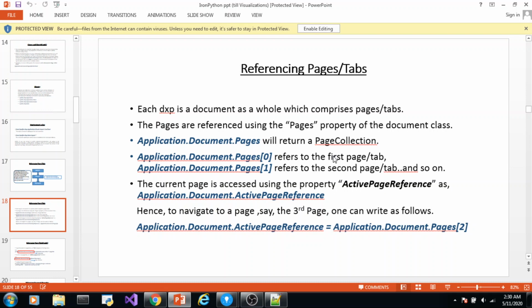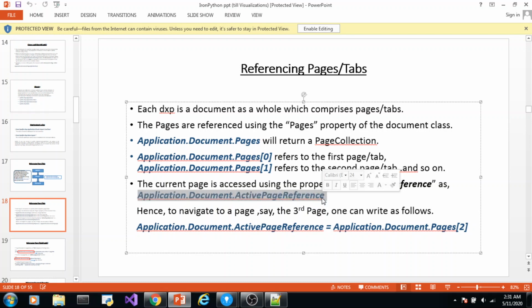There is another property of the document class which you can remember, active page reference, which refers to the current page of the analysis. Suppose there are 3 pages in the analysis and you are on the 3rd page, then active page reference refers to the 3rd page. If you are on the 2nd page, then active page reference refers to that 2nd page.